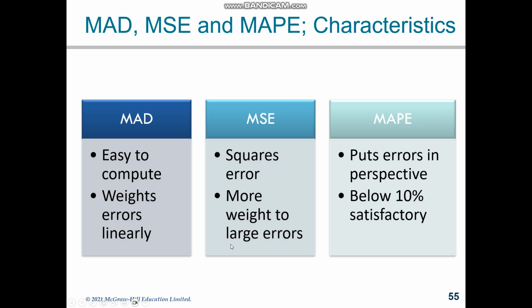So if there are large variations in the data that we have, we can use MSE as a useful measure to find the better technique. And MAPE puts errors in perspective, it's a percentage of error, and it should be close to zero. Below 10% for MAPE is usually satisfactory for